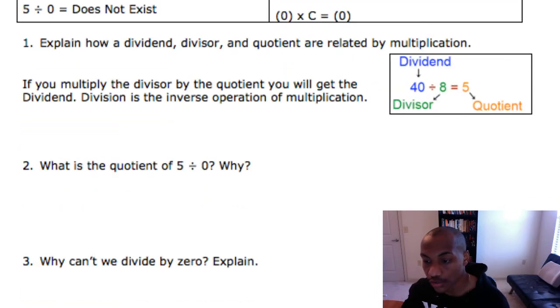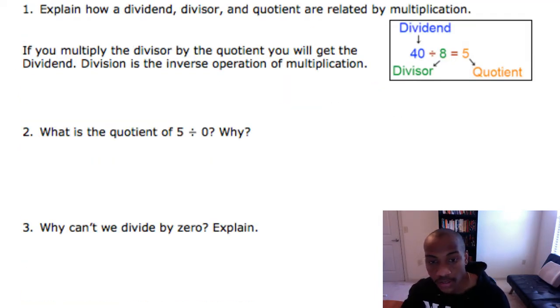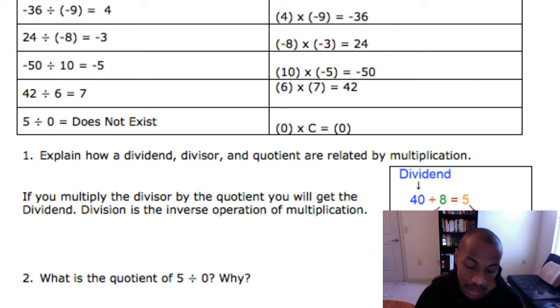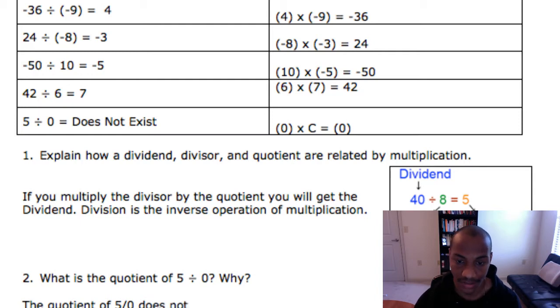Now let's go on to the next one. What is the quotient of 5 divided by 0? Like we said before, it does not exist. So let's write this out. The quotient of 5 divided by 0 does not exist because, and you have to think why it does not exist. So 5 divided by 0 does not exist because